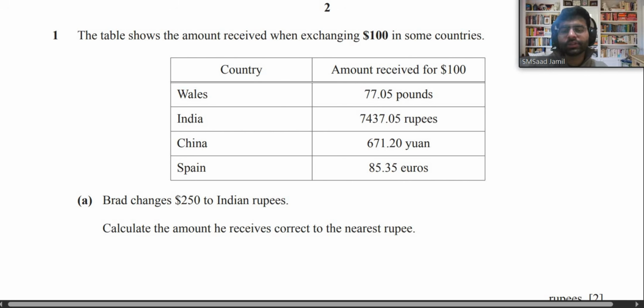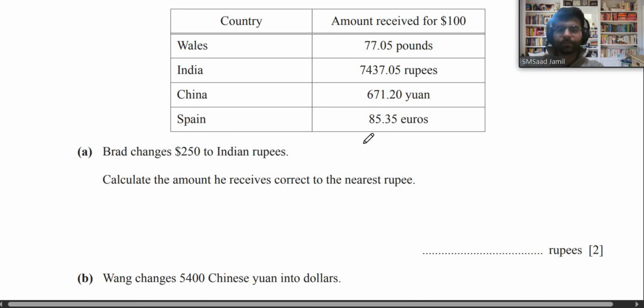So now the question says that Brad changes $250 to Indian rupees. Calculate the amount he receives correct to the nearest rupee. So the question is saying that Brad gives $250. Tell us how much Indian rupees he will get in return. So the best way to do this question is write over here dollars and write over here Indian rupees. Let's just write INR. So you are basically $100